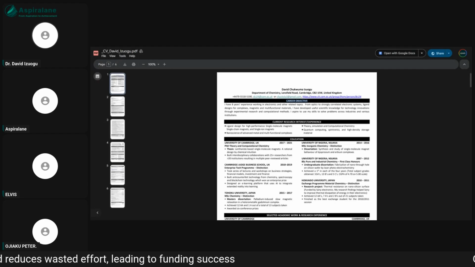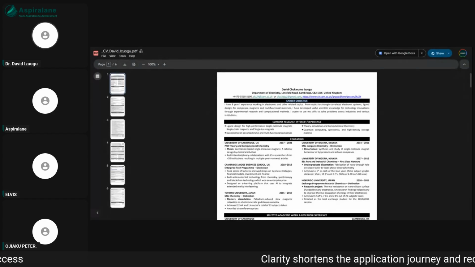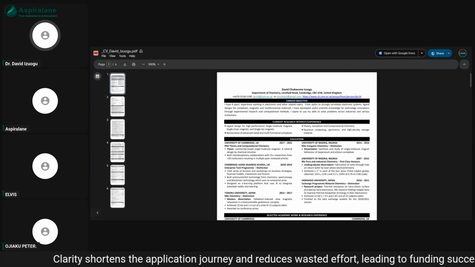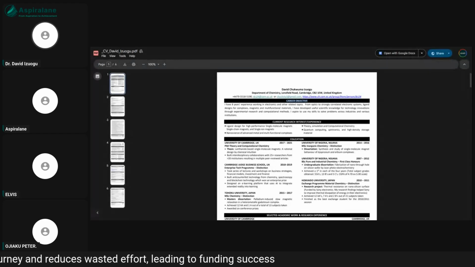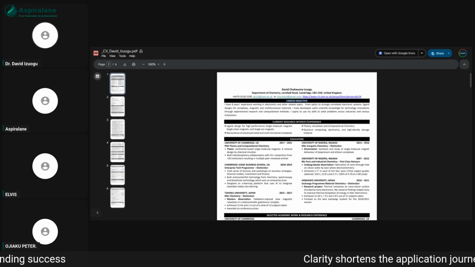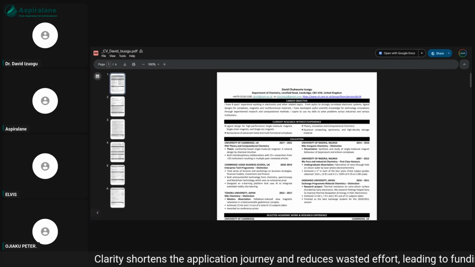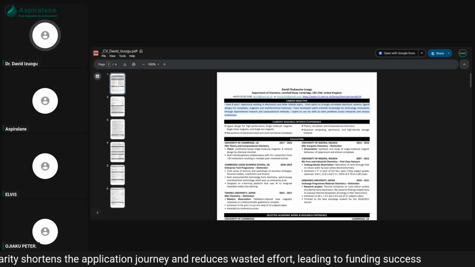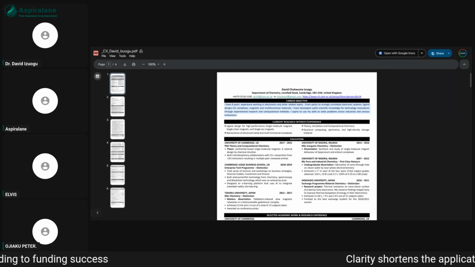I have 8 years of experience working in electronics and other related topics, from optics to strongly correlated electronic systems, ligand design for complexes, magnetic and multifunctional materials. I have developed useful scientific knowledge for technology innovation through experimental research and computational methods. I aspire to use my skills to solve problems across industries and various institutions. You see how I just captured my career objective and summary in 3 lines, roughly.